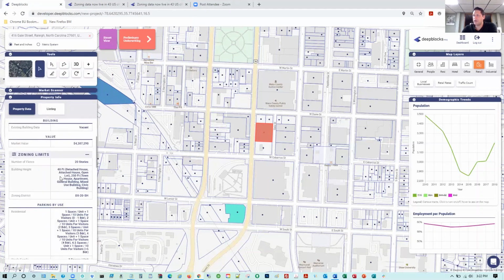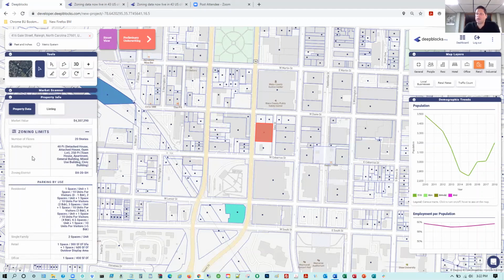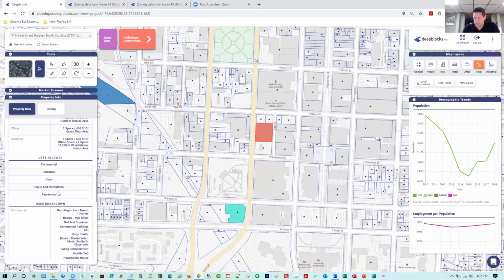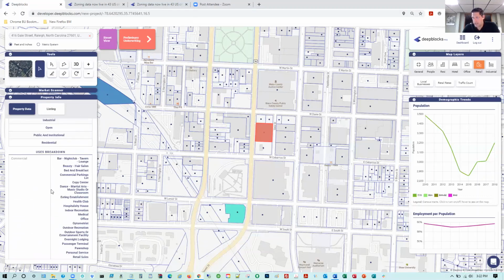There's your market value. And here's some of that key zoning information that we'll be pulling at Deepblocks. This is the information that truly guides you in understanding the development of this particular site. We go through building height, the zoning district, the number of floors it's zoned for, parking by use, general uses allowed, and then specific uses are broken down here.